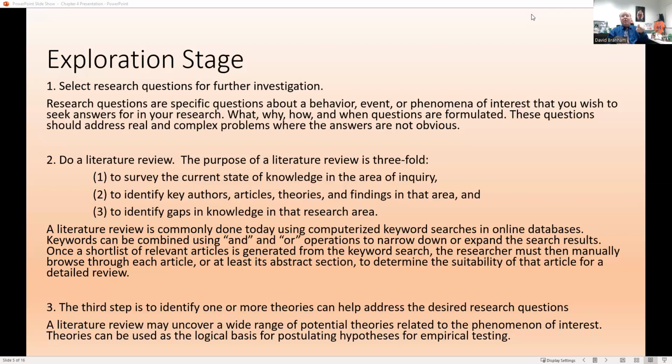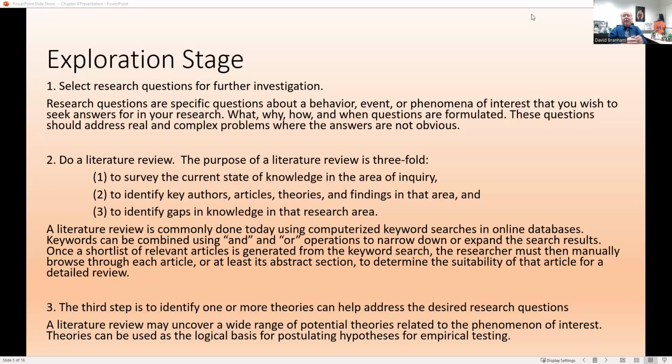One is to survey the current state of the knowledge in the area of inquiry. We don't need to repeat what somebody else has done. We need to add to the literature. We don't need to start from scratch when it's already been done. So we take that literature that's already been done and we put it into a literature review so we can show that this is where we are in the research process